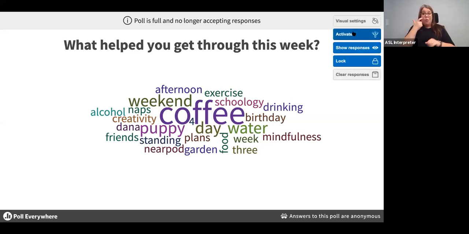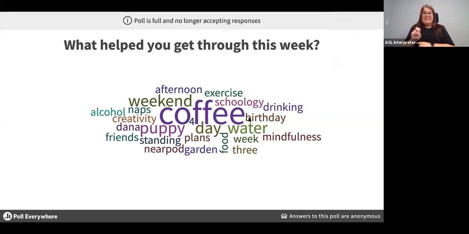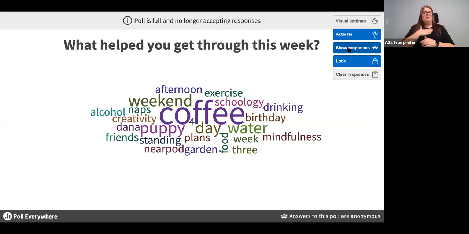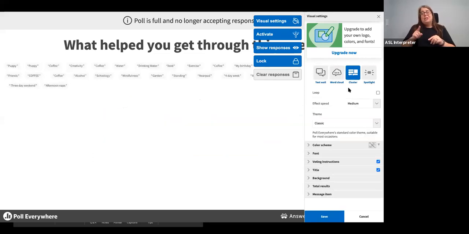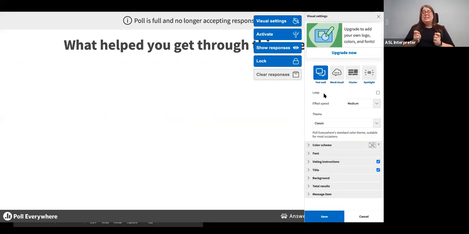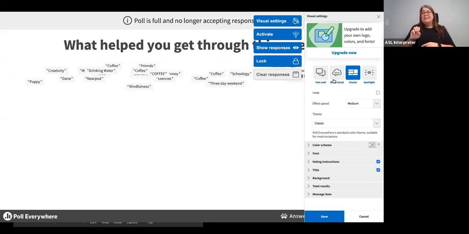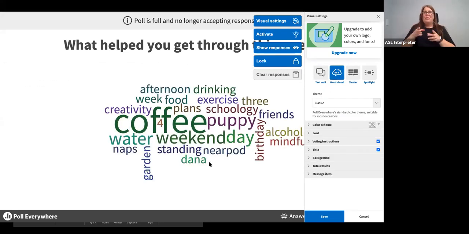Yeah, and it looks like I may have a cap on my free account as to how many, because you probably won't have 260 people in your session. Hopefully this has the capacity for any group, but it's nice because you can actually change your settings and put it into clusters or text walls or any variety of ways to look at it. But a word cloud is a fun one, and we can see that coffee seems to be the #1 answer